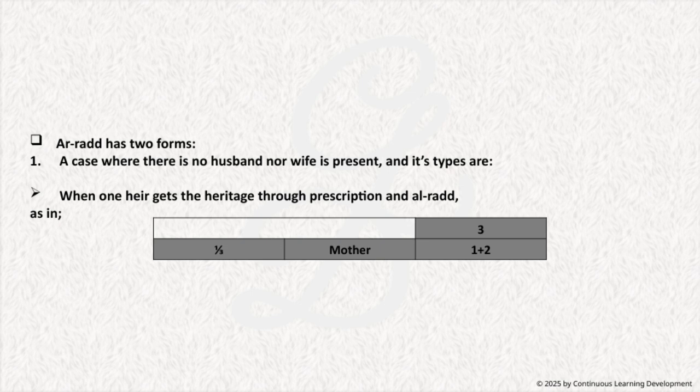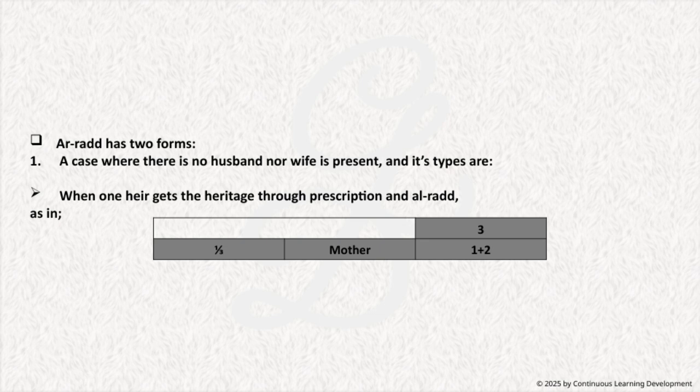Now, the key point here is about Radd, which has two forms. The first form occurs in cases where neither a husband nor a wife is present. It's important to understand that Radd, or return, can have different types depending on the situation. Specifically, we're looking at situations where one heir acquires the heritage through prescription and Radd. This might sound complex, but essentially, it refers to scenarios where inheritance is transferred or returned based on certain legal or customary processes, like prescription, which is a long-standing claim, or Radd, which is a form of reversion or return